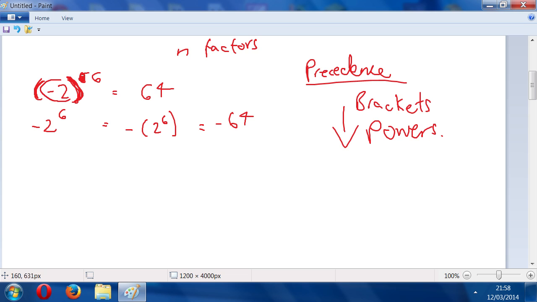So we're saying here we've got this minus 2 and we're multiplying it 6 times. Here though, we're saying we're taking 2, multiplying it 6 times. And that's because this minus, you know, like multiplication,